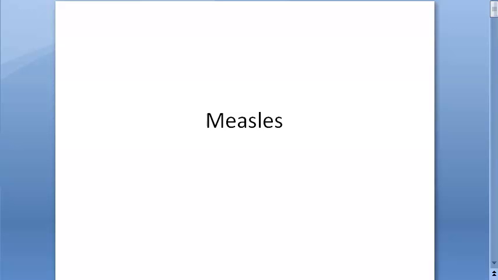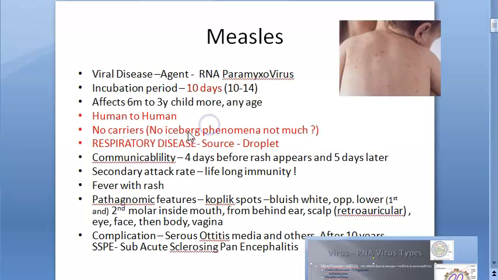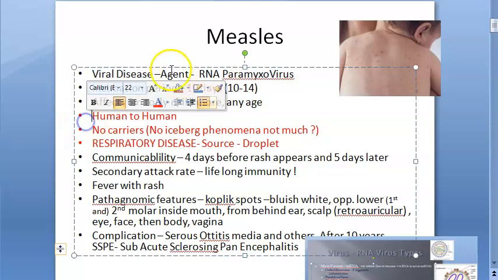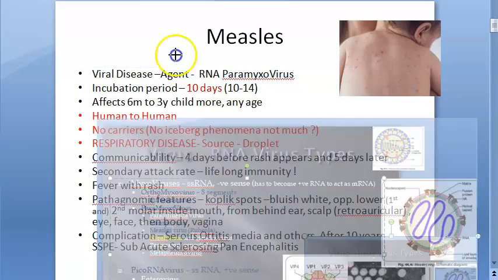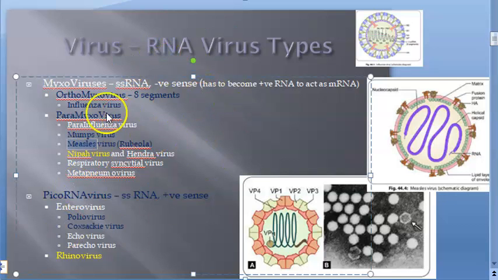Hello people, let us look at measles in this video. Measles is basically caused by a virus. It's an RNA virus. It comes under paramyxoviridae. So if you remember our virus classification, in that we have seen measles here. See, measles, rubeola. This one here, it is coming under paramyxovirus, under myxoviruses, which is a RNA virus. Okay. So this is a viral disease.